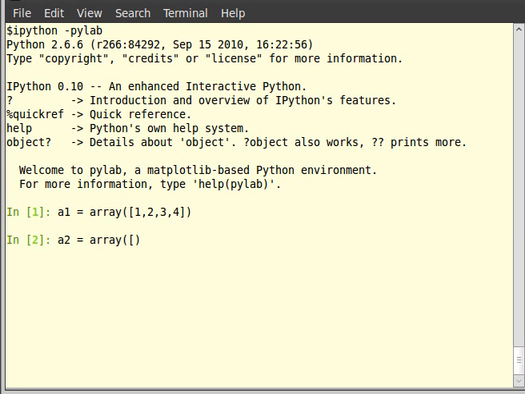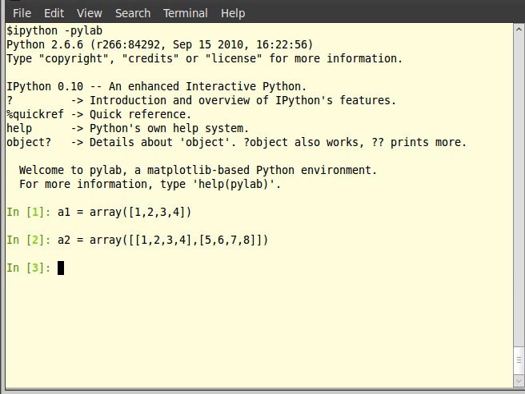To create an array, we will use the array function as a1 is equal to array within brackets square brackets 1 2 3 4. Notice that we created one dimensional array here. Also notice that the object we passed to create an array is a list.